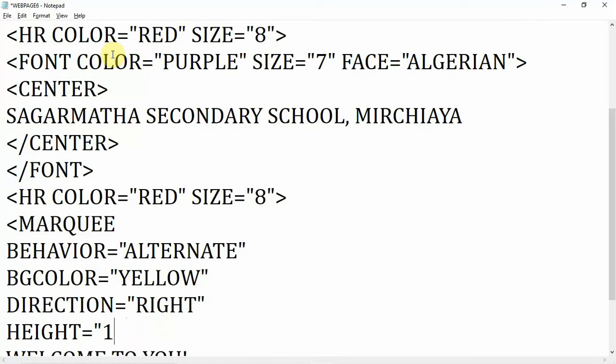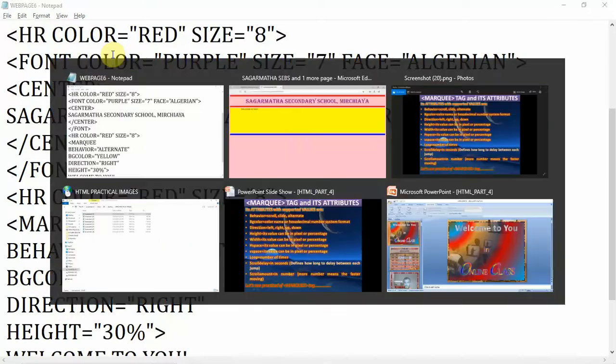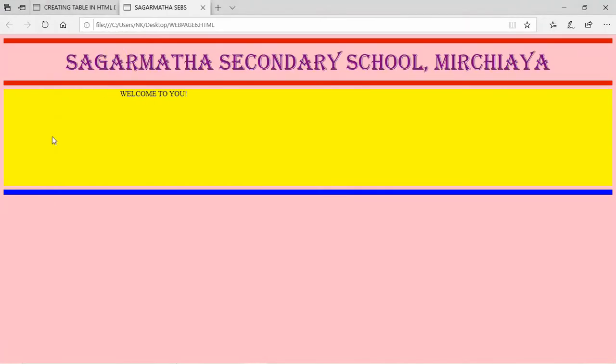If you give 50% or 30%, now you can see the effect. Here 30%, now Ctrl plus S, so its height will be increased. Here you can see the height is increased. This is the height.